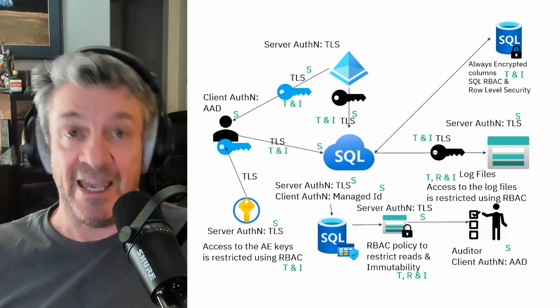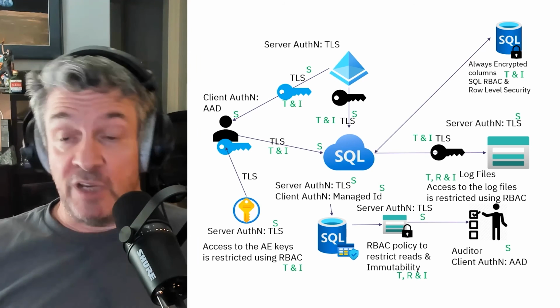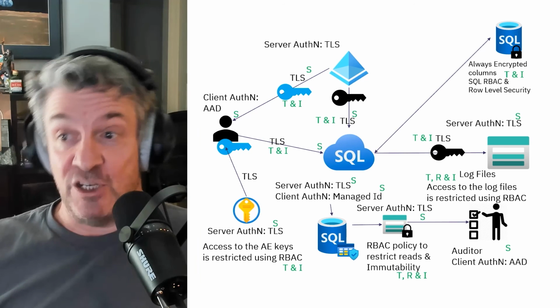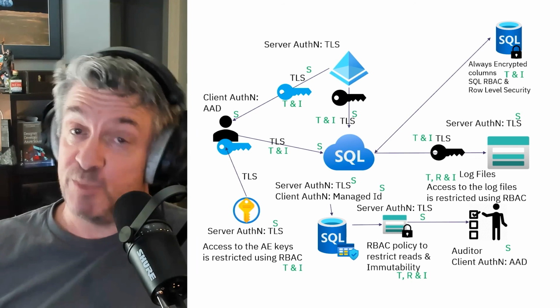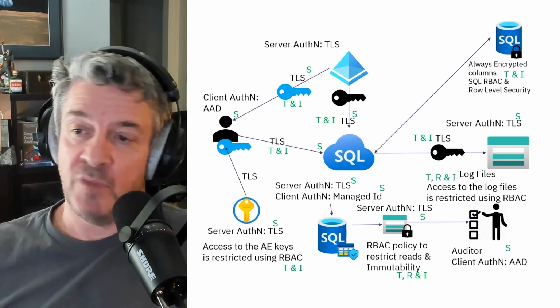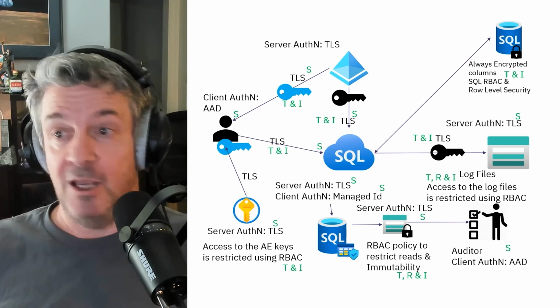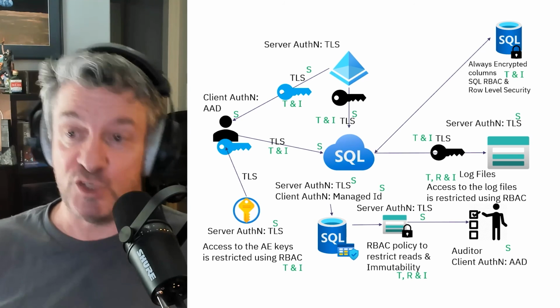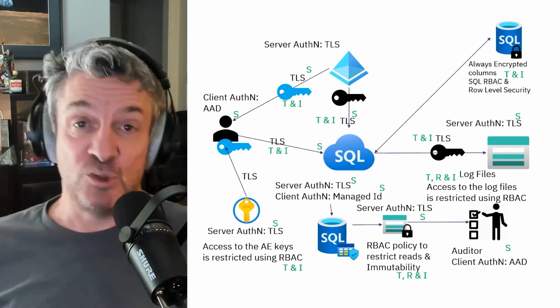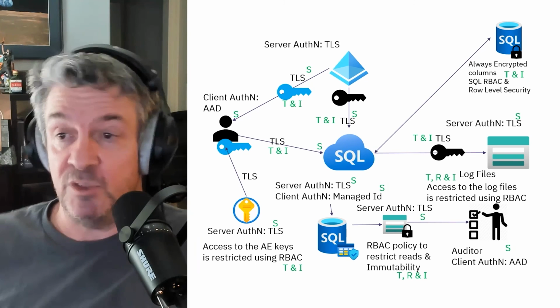In this case, we're going to use AAD. Perfect. When the client connects to the SQL Server, how does it know it's actually the valid SQL Server? That's a spoofing threat, and we mitigate that with TLS. Fantastic, that's a great mitigation. Data on the wire is subject to tampering and information disclosure. We mitigate that with TLS as well, so we've got a twofer there. We mitigated two types of threat with one technology, which is TLS in this